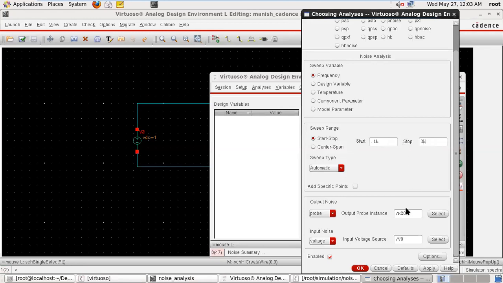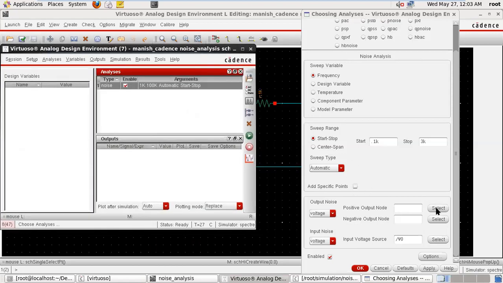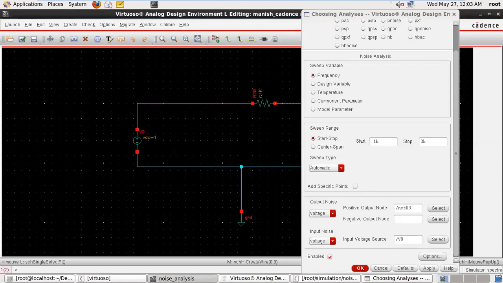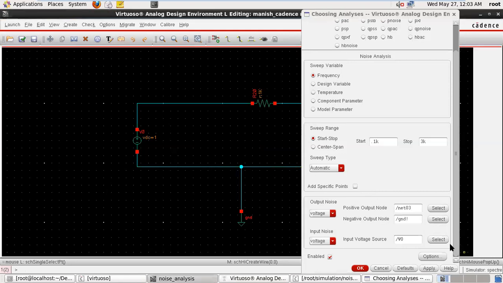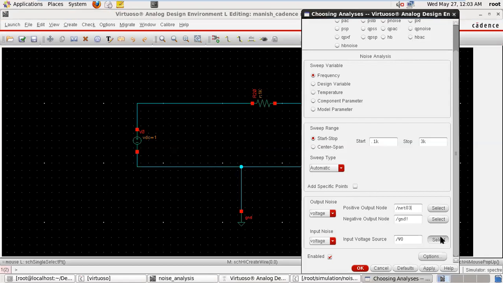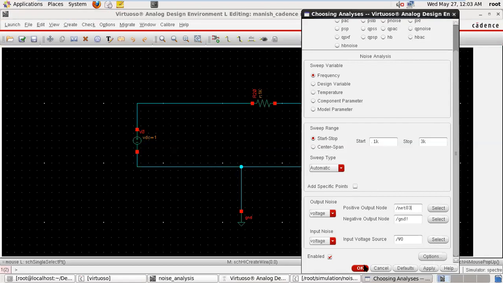Okay, so for output, we are selecting the voltage. Out, we're interested in voltage. So select this point, noise at this point, and due to source is the voltage VDC. Okay, apply and okay.